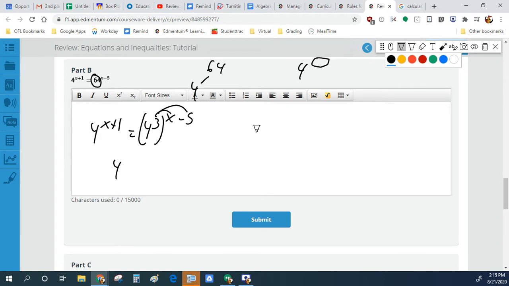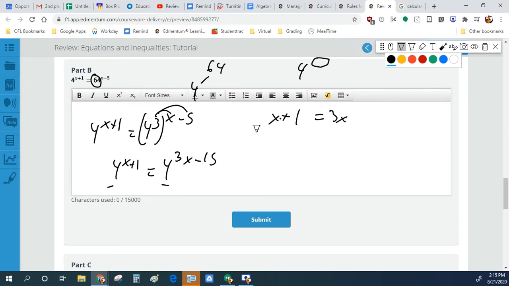So I get 4 to the x plus 1 equals 4 to the 3x minus 15 because I'm distributing. Now that these two are the same, I can just ignore the 4 since they have the same base. And it becomes x plus 1